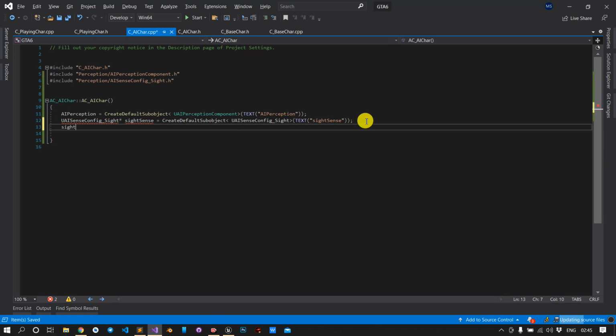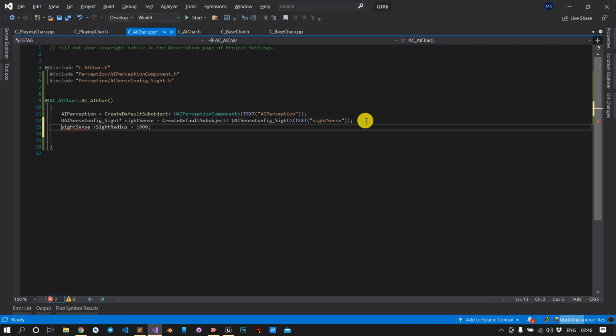Next thing, we have to put the radius for our senses. So SightSense, SightRadius. I want it like 3000, but for testing purposes I will keep it 100 or 1000.